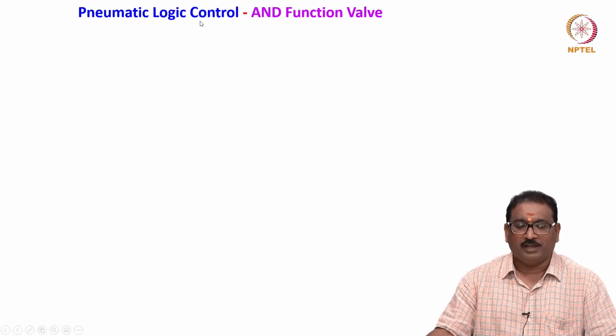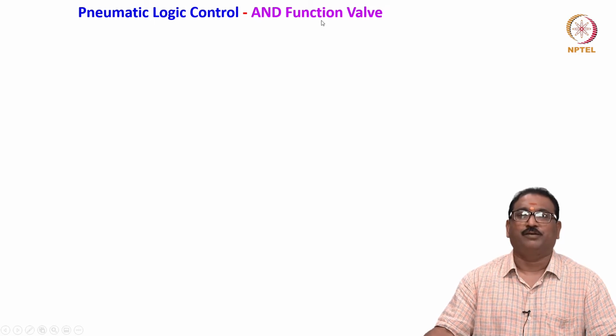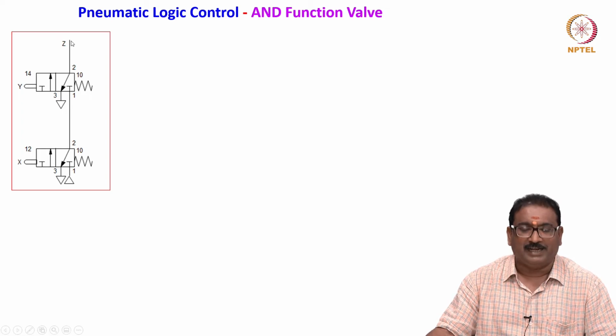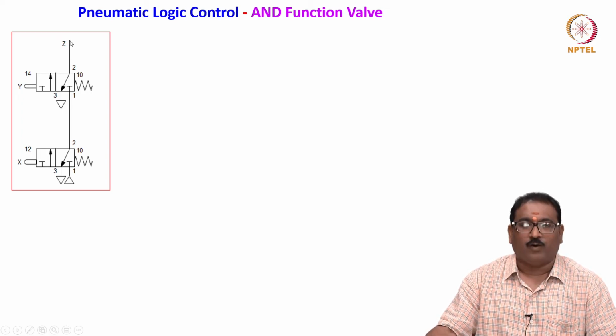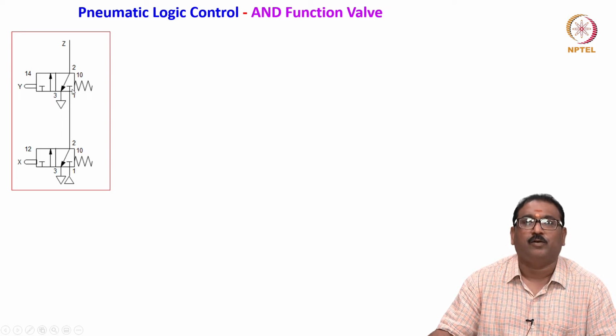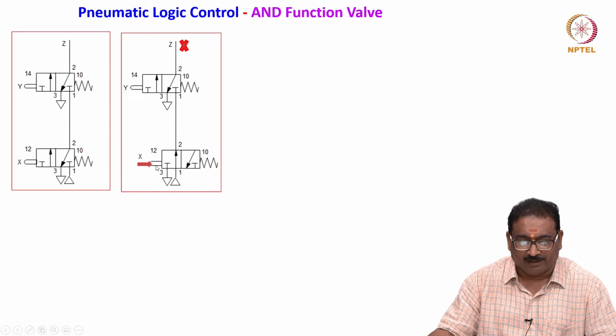Now we will move on to pneumatic logic control, the AND function valve. You will see here how it will work. Z is an output, whatever it is. Now, always you have to draw the signal in the outlet positions, correct? When I get Z, when you press this, what happens here? It will come, but again it is a locked position. When I press this, what happens? This is activated, correct? It will jump to the activated position from the null, but again it is closed here, you will see.